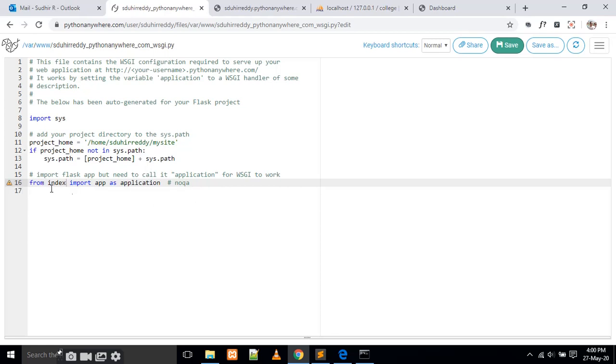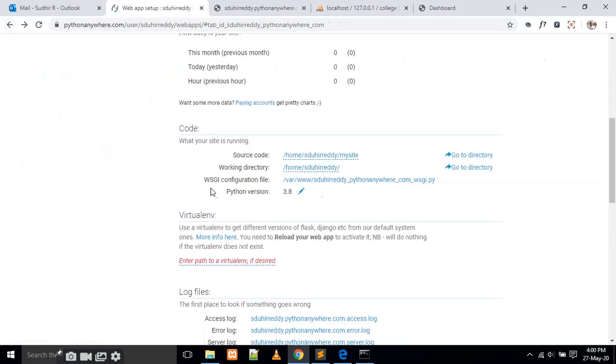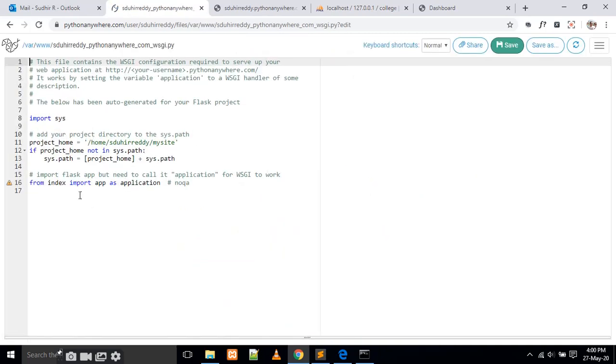I am going to add from like this, here in the WSGI configuration file. We are going into this page, and we have to add like this: from index. Why am I writing index here? My .py file name is index.py.